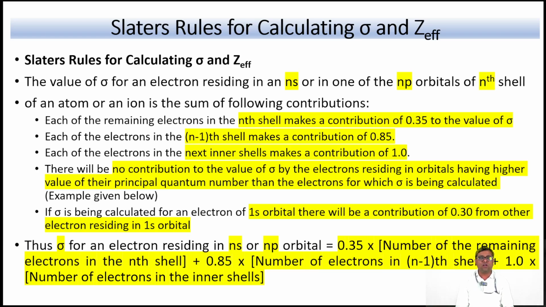There will be no contribution to the value of sigma by an electron present in orbitals having a higher value of principal quantum number than the electron for which sigma is being calculated. We will see some examples, but in short,